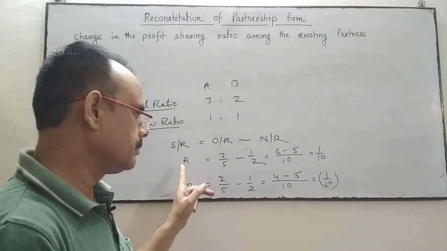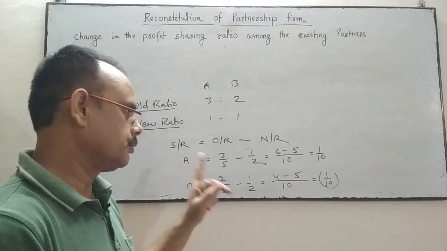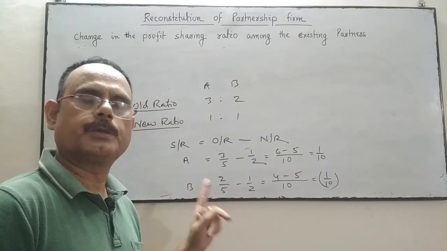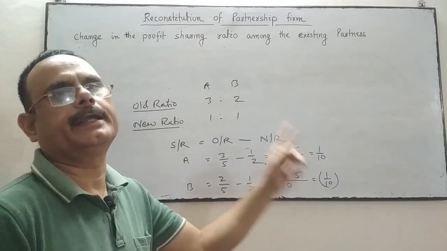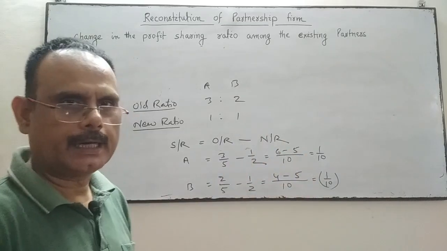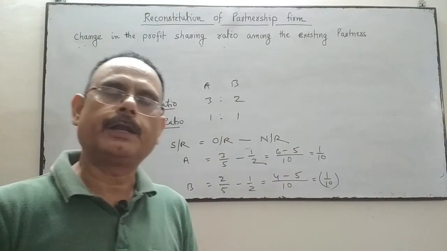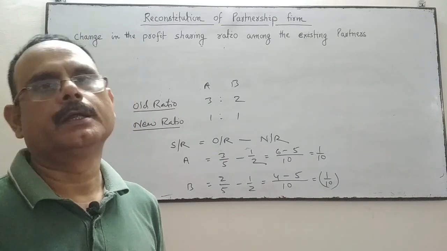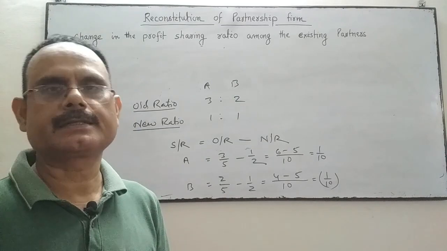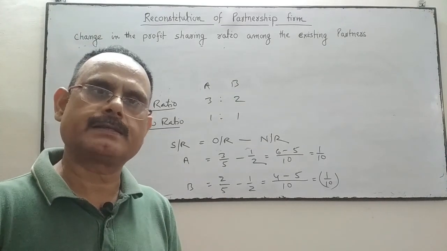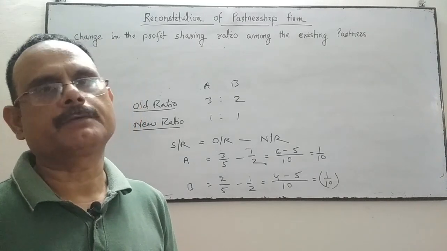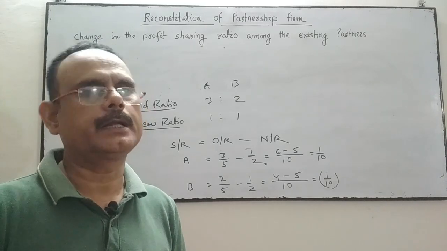So when A has sacrificed, A has to be compensated by B, because B is the gainer. B compensates A for this sacrifice, and for that we will find out the value of goodwill on that date. We will do the adjustment in the past profit and reserve. We will reassess the assets. We'll do the revaluation of assets and reassessment of liabilities, and finally we'll adjust the capital accordingly.